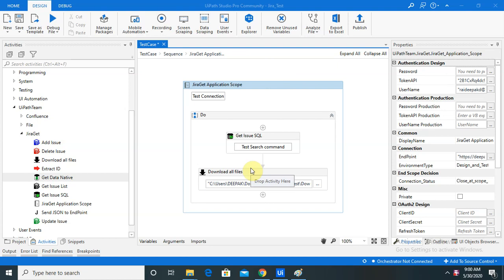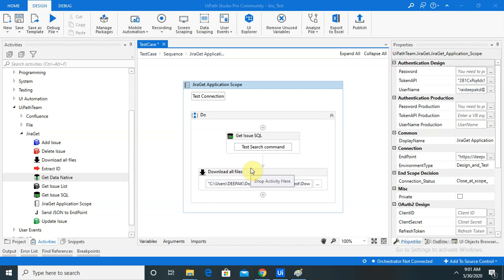In this session, I will explain how to extract the defect list in UiPath from Jira by using SQL queries. It is always recommended to use a database query or SQL query when we are working with multiple applications, because it will return an immediate response. It's also useful when we are working on a complex project and need to get the data from the database as soon as possible.